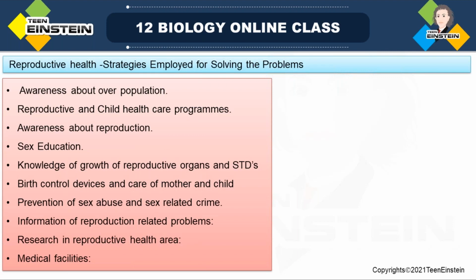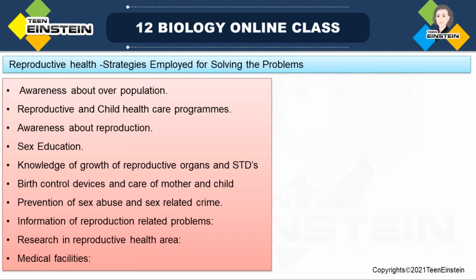Then all this will improve the reproductive health of a society, in the sense that it will improve male and female reproductive health, and thereby the infant's health will also be in a good way, right? So the strategies employed for solving this problem are awareness about our population,